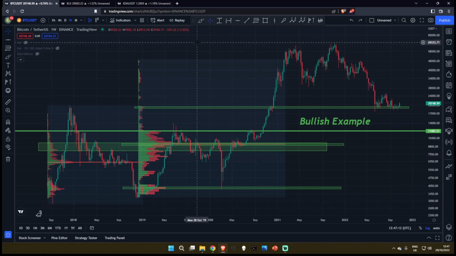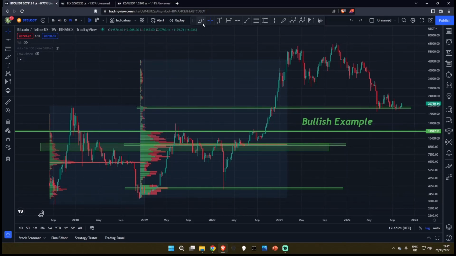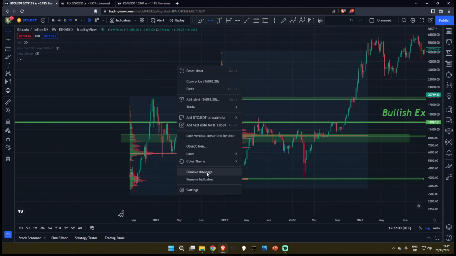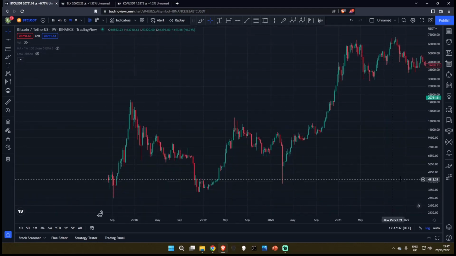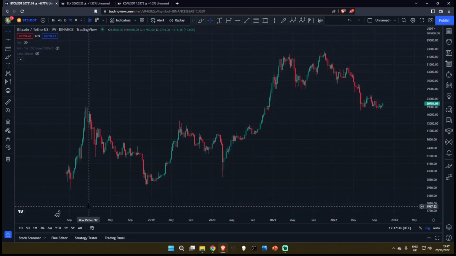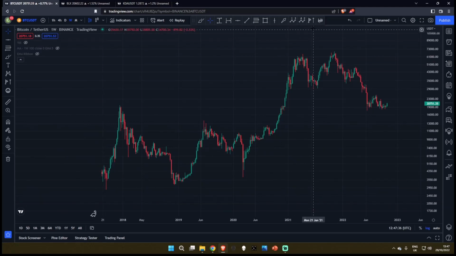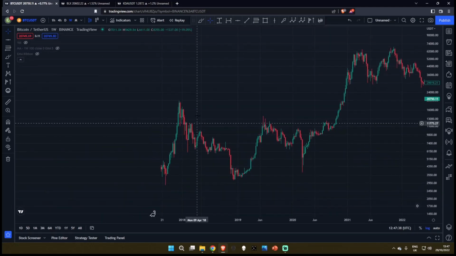But in markets like Bitcoin and the SPX, these market makers provide a lot of liquidity at certain regions, so these markets can trade very freely and very fluidly. So with that, market makers love to pull us between these volume profiles. For example, if we clear up this chart, let's look at what happened with Bitcoin, and we'll talk about how the market makers grabbed liquidity and then pushed this up in a bullish example. So let's look at this